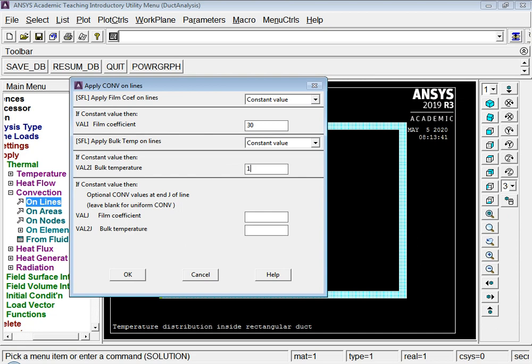So the inside temperature is 12 degrees Celsius. These are the places where we need to enter the values. So the film coefficient is the convective heat transfer coefficient, which is 30 watt per meter square per degree Celsius, and bulk temperature is the surrounding temperature where h of 30 is considered.